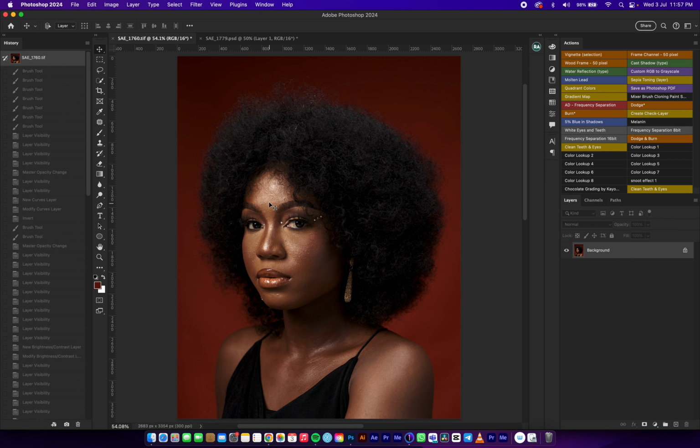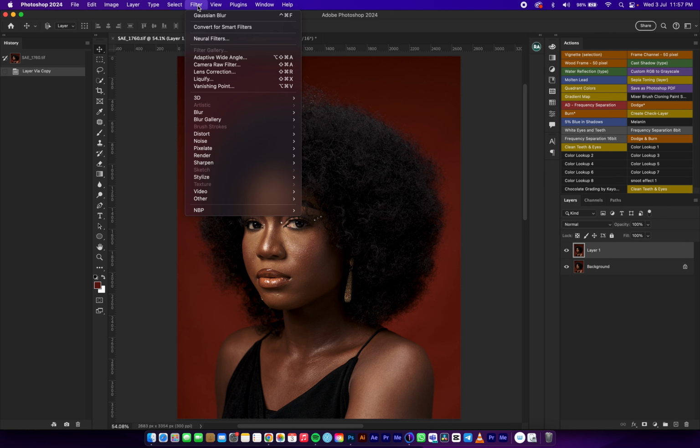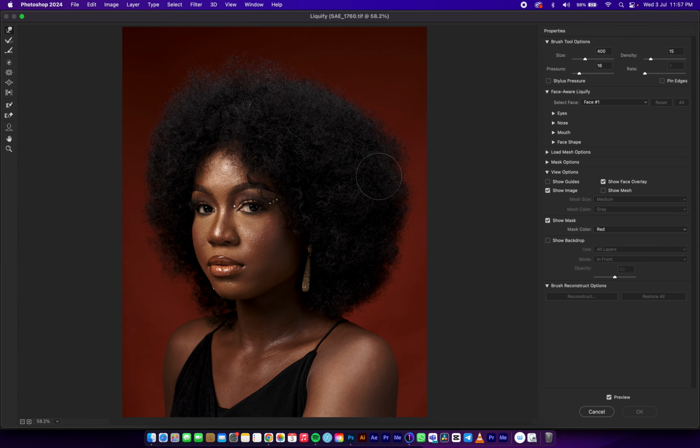So welcome and let's get started. So first I want to do is duplicate my layer, and I'm going to click on the filter right here and click on Liquify to make adjustments to the hair. So I'm going to click on this icon and make my flow pressure, make the pressure 20, and let's just smooth it, make adjustments to this. Alright,